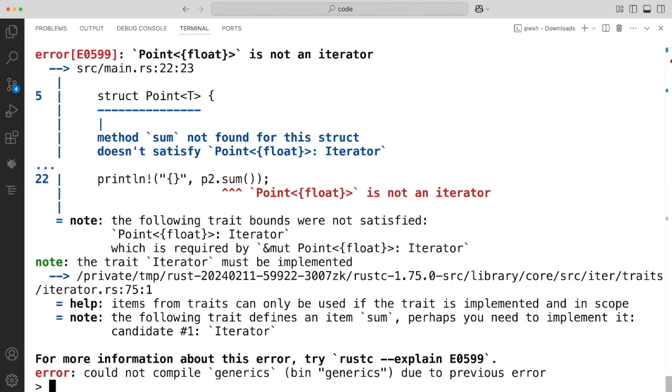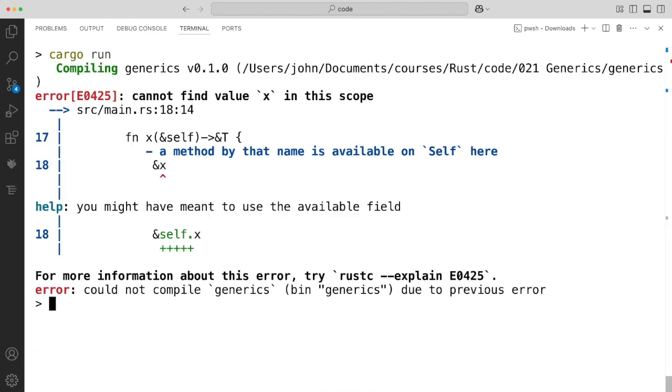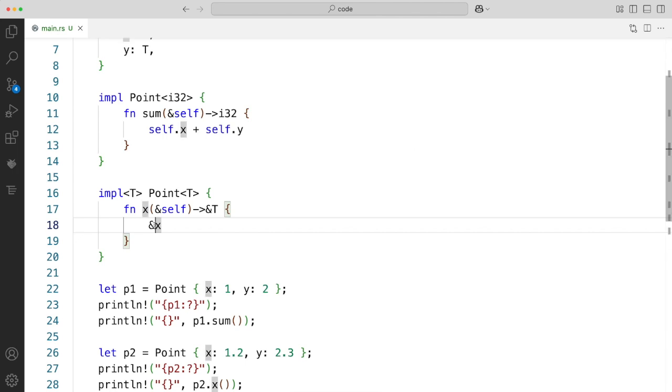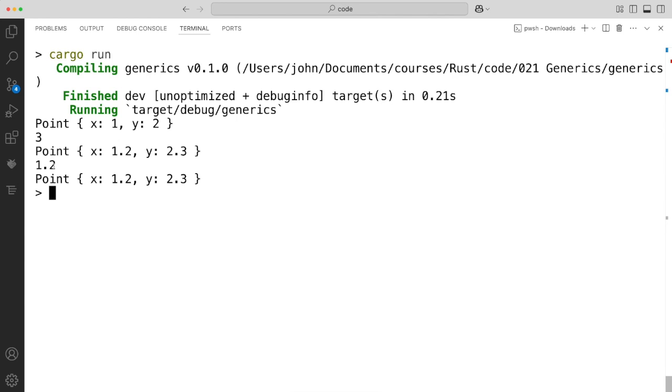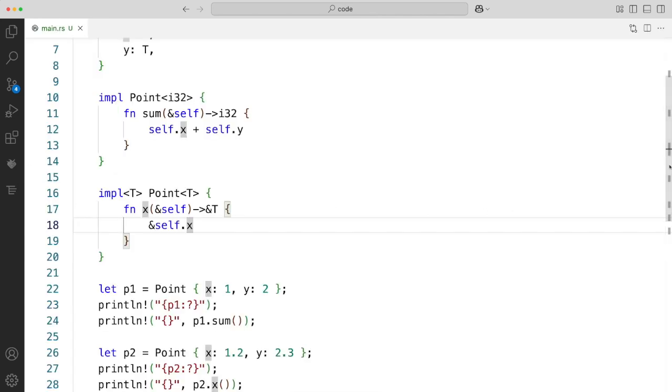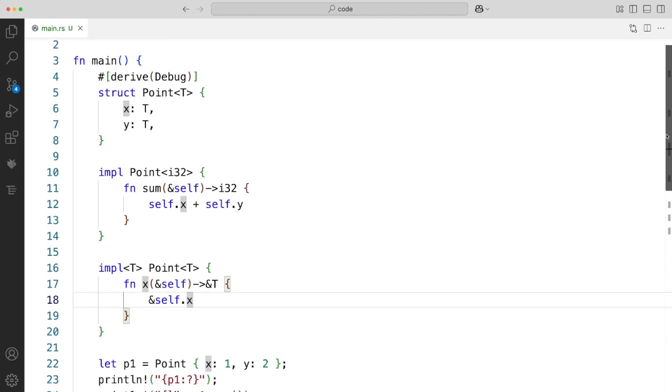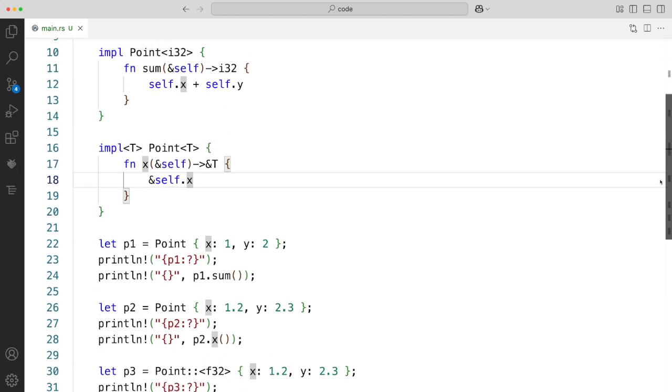So let's try that. Clear this screen here, cargo run. Yeah, that doesn't work, but I forgot self here, didn't I? So let's put self.x and try again. So, yeah, now it works, and I've successfully returned the value of x. So that's about the sum total of my knowledge of generics and structs at the moment, but I can also